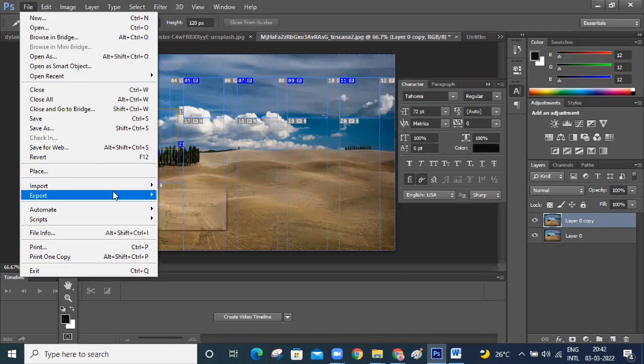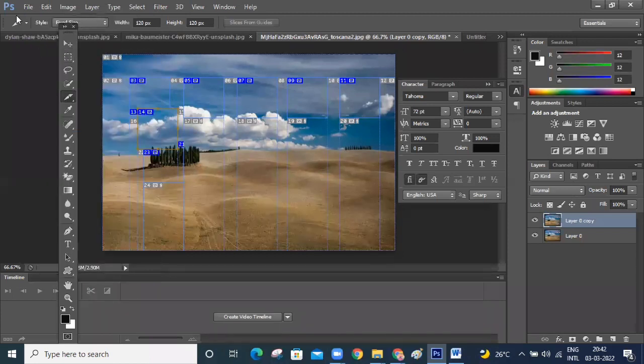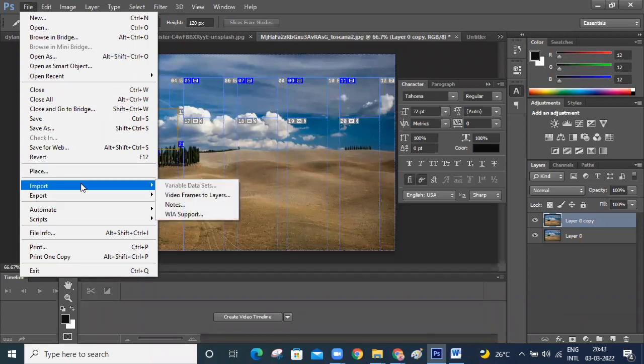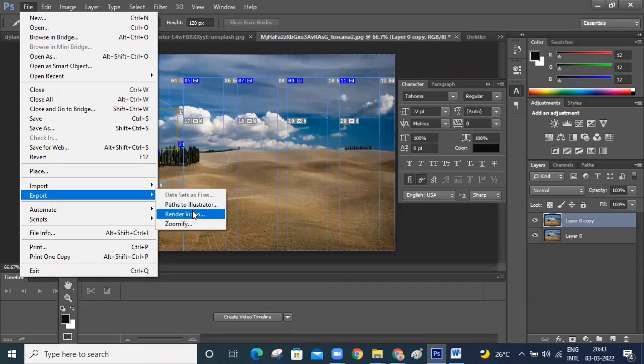After that, export. Export option is there, no? In export, one minute.